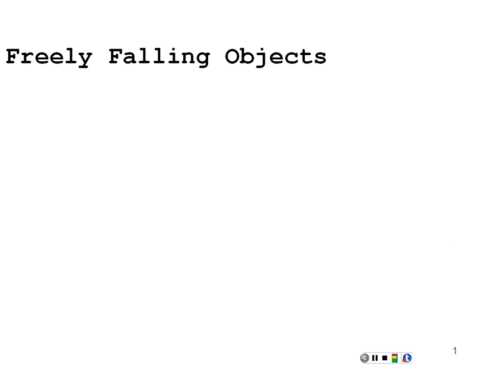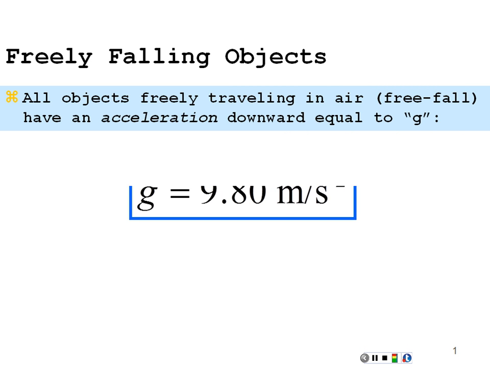Okay, here's an addition to our treatment of kinematics dealing with gravity. What do we do about gravity? There's a lot of problems where the problem is described and something's happening vertically and it's assumed that you're under the acceleration of gravity. So for these problems, for freely falling objects where there are no other forces, we just know that it's freely in the air, we have that the acceleration of gravity designated by g is 9.80 meters